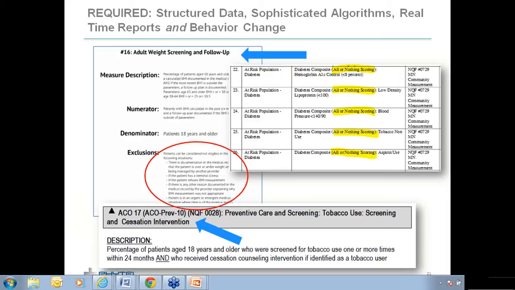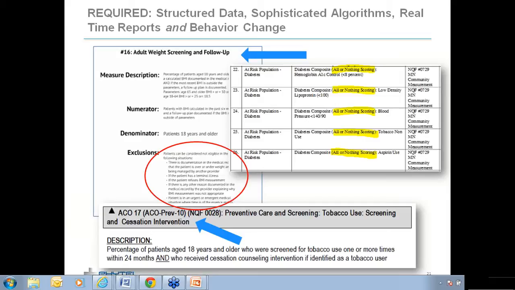Similarly, with tobacco use, the same idea. If a patient is a smoker, you need to be able to capture that you have indeed counseled them or prescribed a medication or something that suggests that you're helping them do something about that condition, and then be able to report on it. The diabetes measures are worth pausing on, though, because